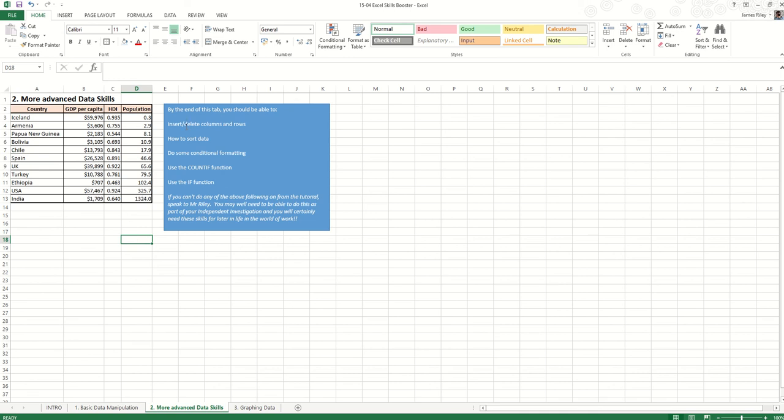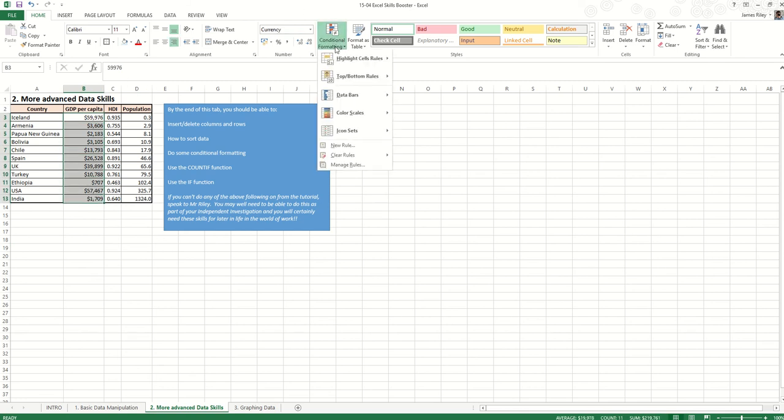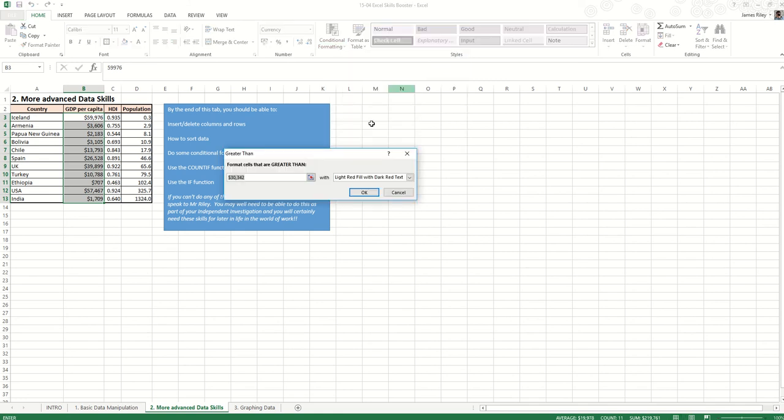So now to do some conditional formatting. So conditional formatting basically is going to format the cell that the text is in based on whatever you want, like a set of criteria. So let's say, for example, I wanted to highlight any country that had a GDP per capita of over $20,000. So what would I do? I would highlight the data that I wanted to conditionally format, go up here, conditional formatting, and I said I wanted a greater than, so highlight cell rules, I want greater than, and I want anything that's greater than, I said 20,000,